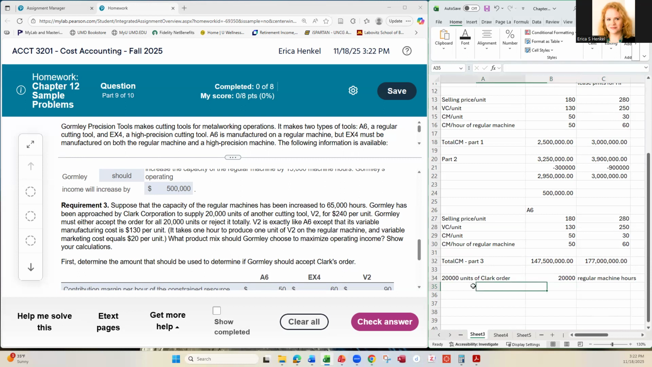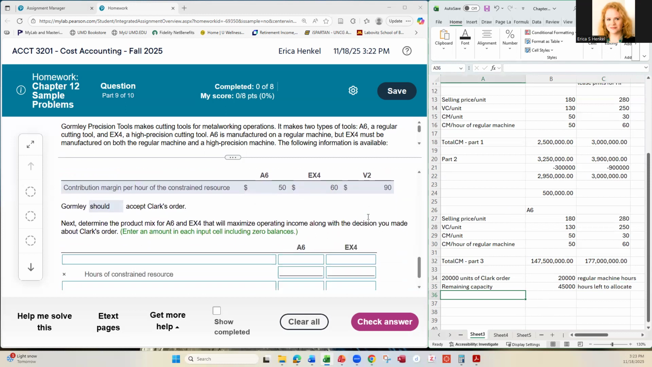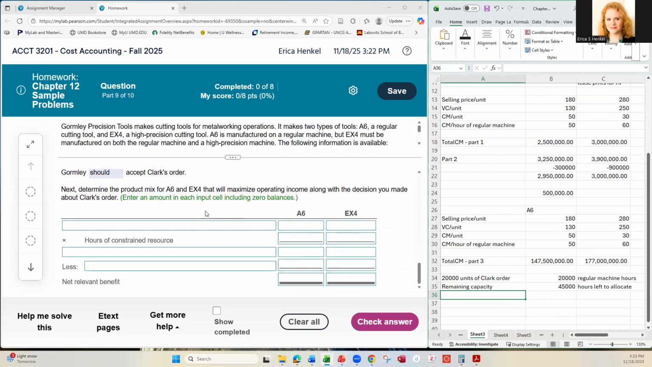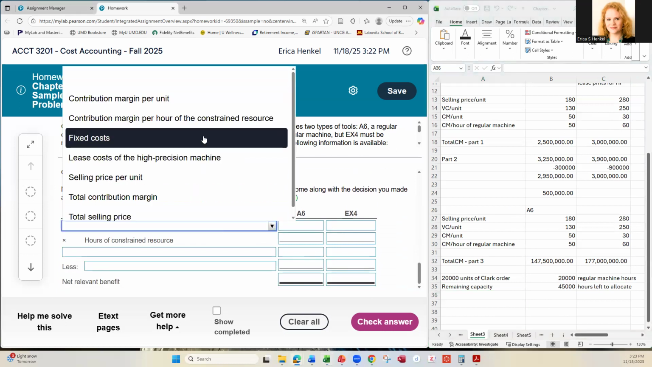So that means that we have remaining capacity of, if we're doing 65,000 hours, 45,000 hours left to allocate. And we're going to try and decide where we should use that. Okay. So with that, we're just going to do the same thing we did before, where we're taking our contribution